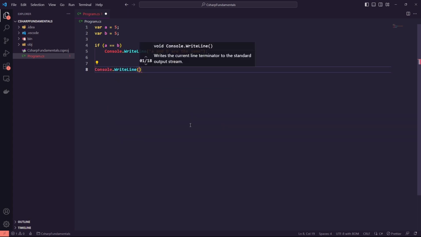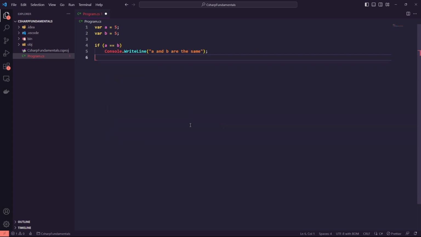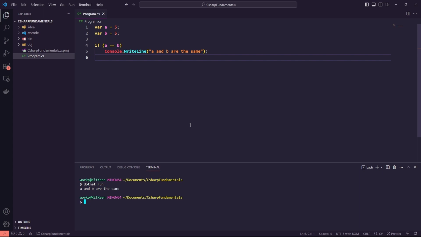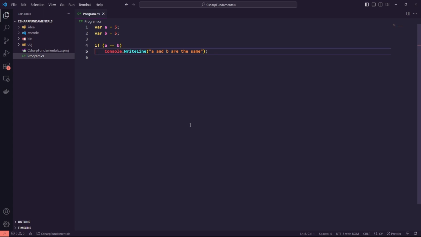WriteLine. No, we're not going to write anything, so we just run it. dotnet run. A and b are the same. That's the equality operator. But now we can do